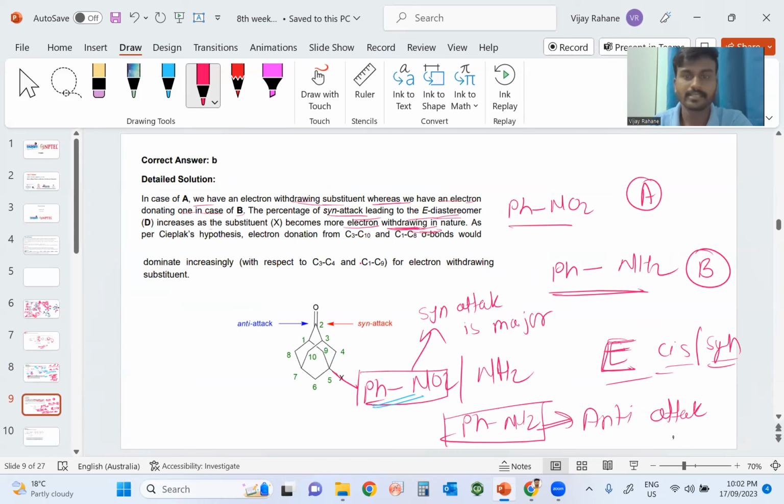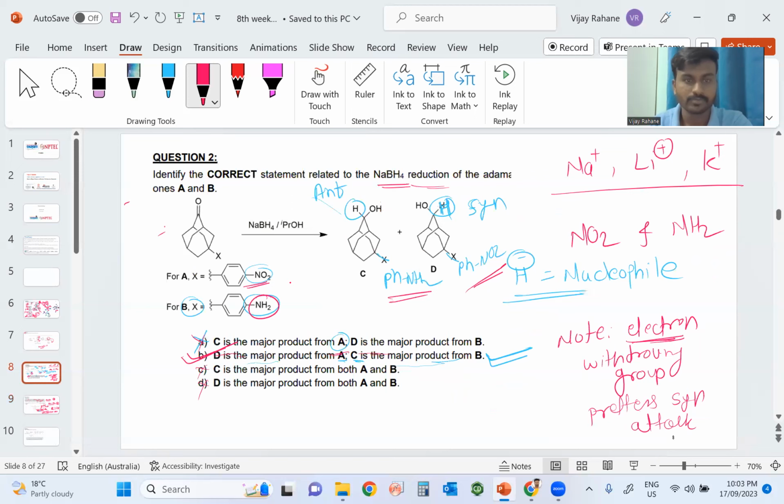And yes, there is some explanation given. This is because of Plano's hypothesis: the electron donation from C3 to C10 and C1 to C10 sigma bond will be dominated increasingly with the withdrawing substituent. So let's give the numbering 1, 2, 3, 4,